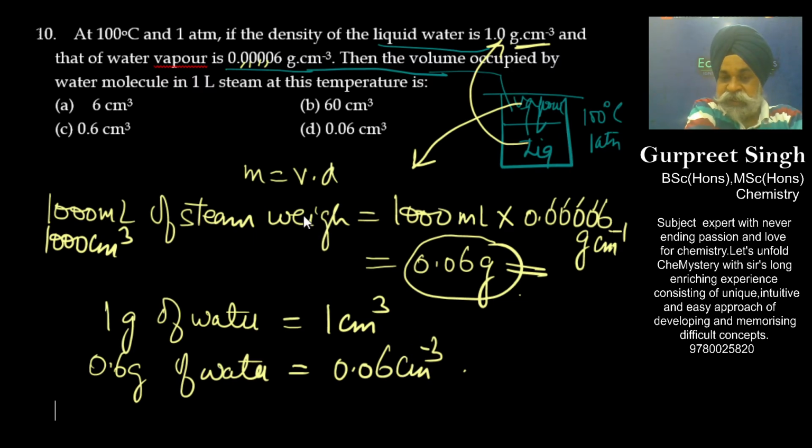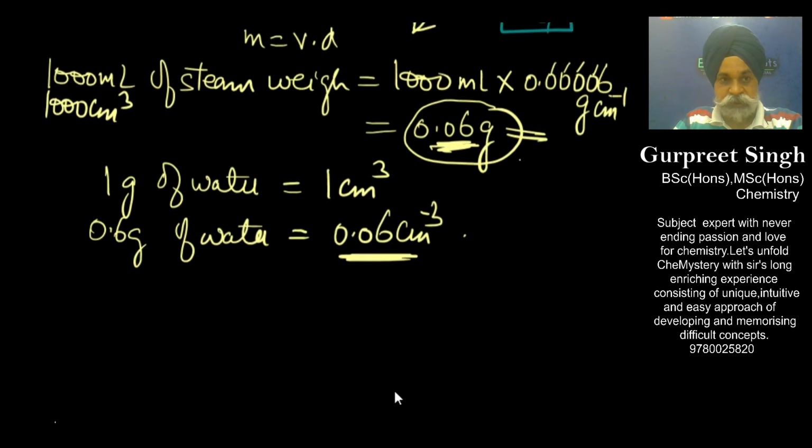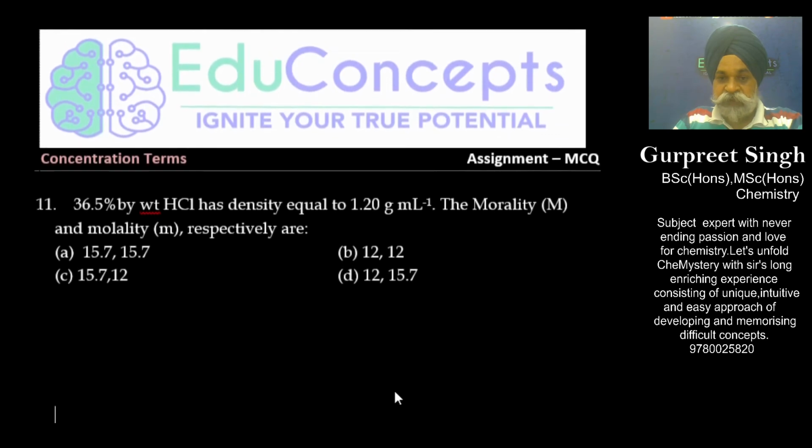So what exactly is to be done in this particular question? The steam's density is lesser and that of water is 1 gram per cc. So if you have 1 liter of steam, that steam is containing water vapors. If you take those water vapors together, it would weigh this much grams. And that condensed steam would have liquid water which would have this much volume. This is what is to be done in this particular problem. Moving on to the next question.